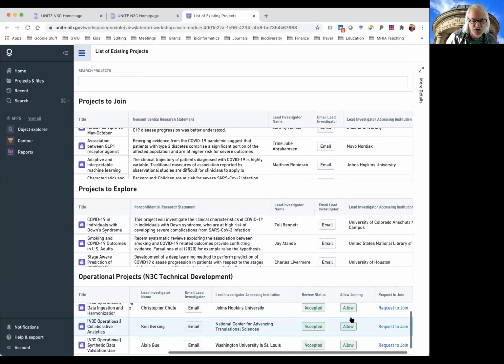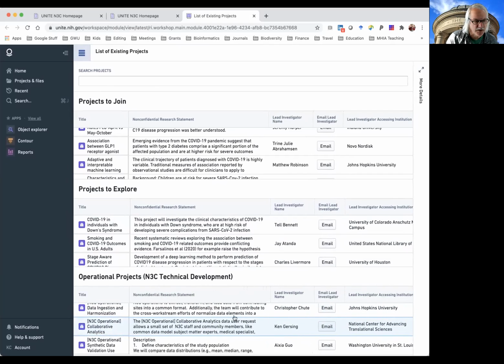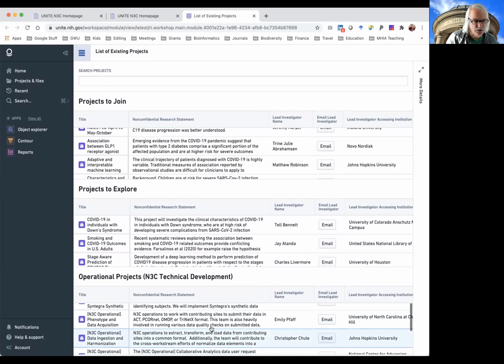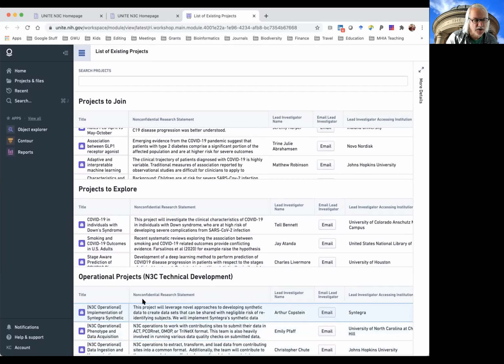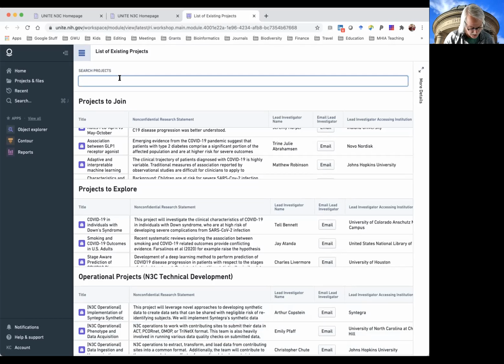We do have GW members that are already part of this. I'm part of the collaborative analytics group. We have others who are part of the data ingestion and harmonization group, etc. So we have, I think, people in almost every one of these operational projects. We do actually have, for example, if we look at